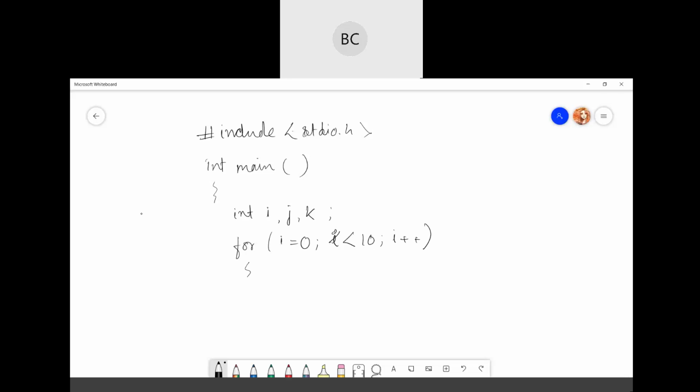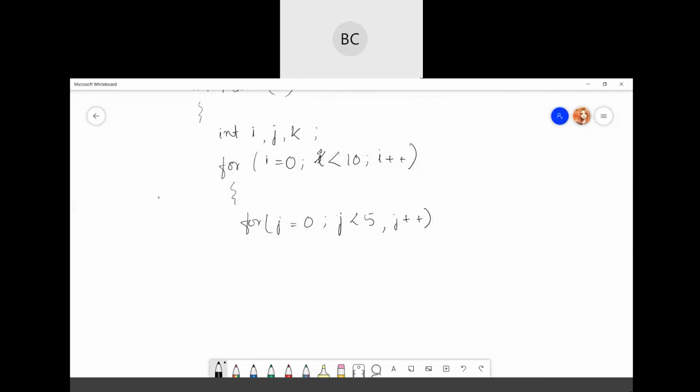Next, my condition is for j: for j equal to 0 and j less than 5, j plus plus. Next, another for loop with k: k equal to 0, k less than 3, and k plus plus.